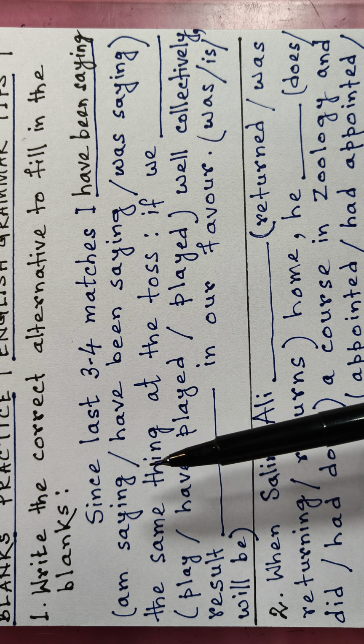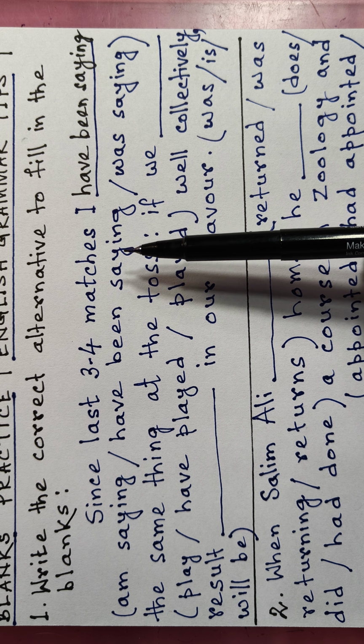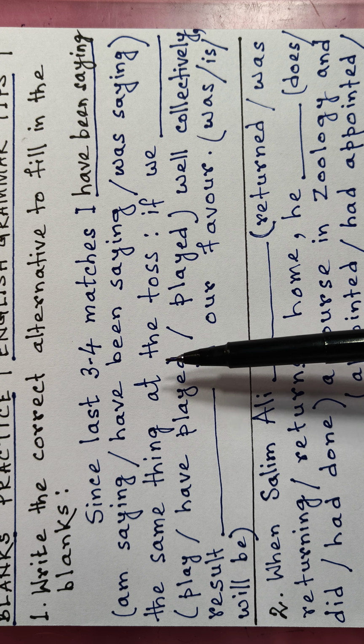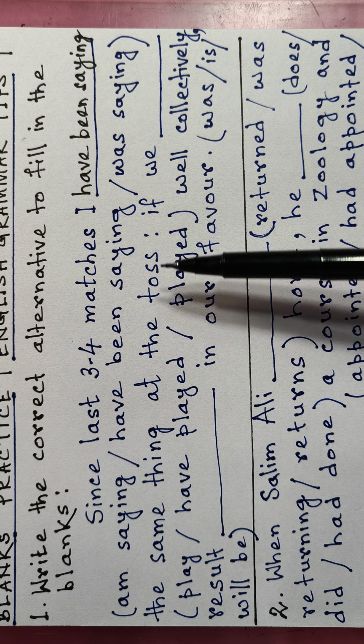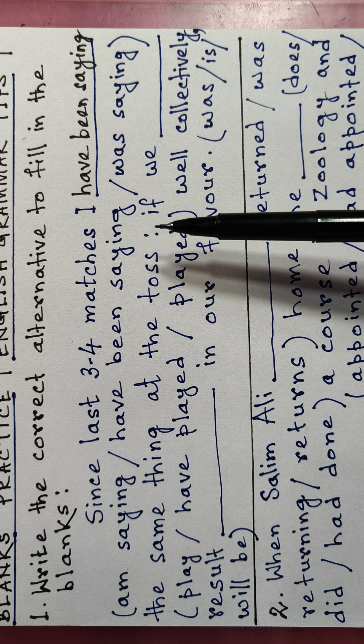So we use here the present perfect continuous because the action started in the past, that is 3 to 4 matches ago, and is still continuing or repeating up to the present moment. So the correct option is have been saying. Since last 3 to 4 matches, I have been saying the same thing